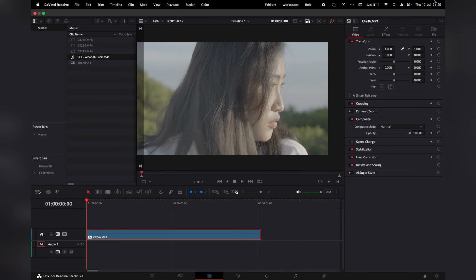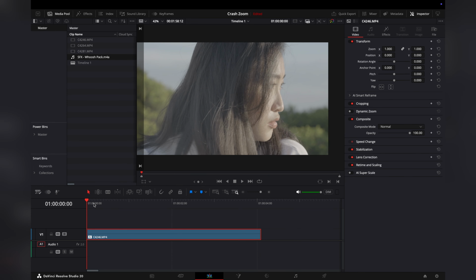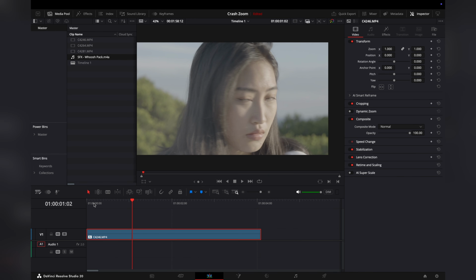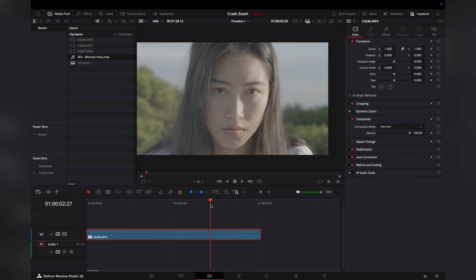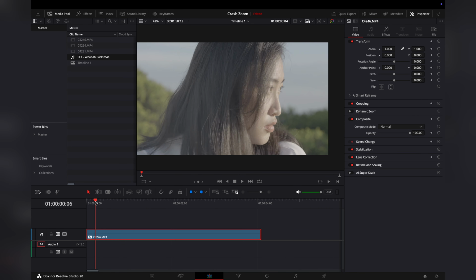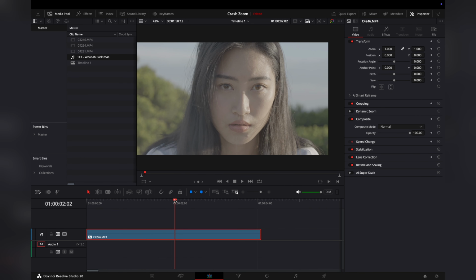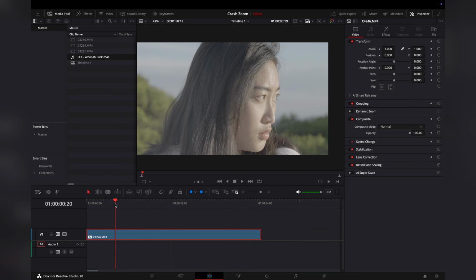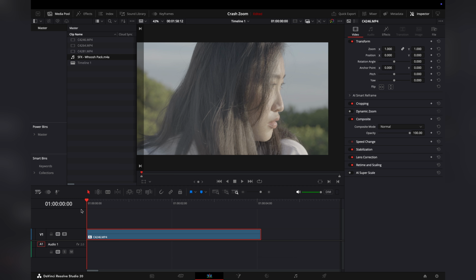I'm going to show you here in DaVinci how to achieve a crash zoom. So what we'll do is we've got our clip in our timeline. We've got our talent here. She's looking away from the camera and then she looks around to the lens of the camera. So basically what I want to do is crash zoom in as she makes eye contact with